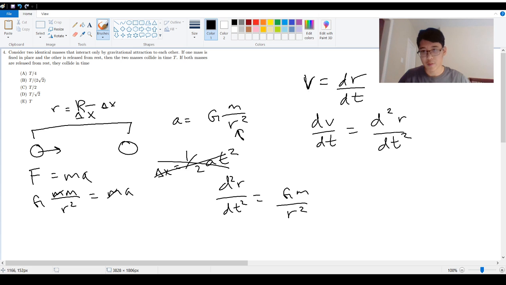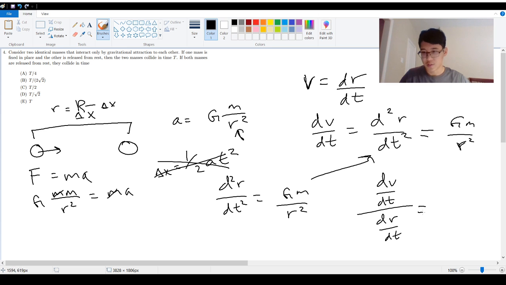So how do we find what v is? We know that dv over dt is equal to d squared r over dt squared, which, taking it from here, is equal to GM over r squared. Now, actually, there's something we can do. If we just notice that dv over dt divided by dr over dt, we can pretend we're canceling out these two dt's. So dv over dr